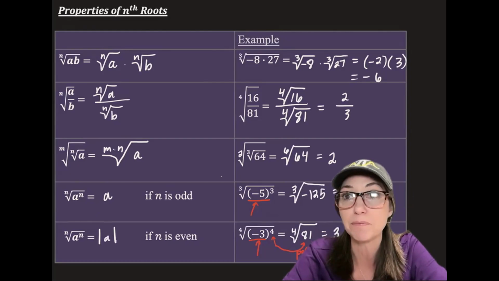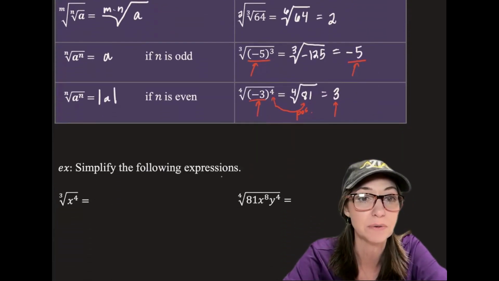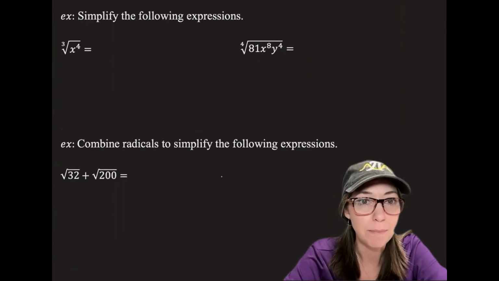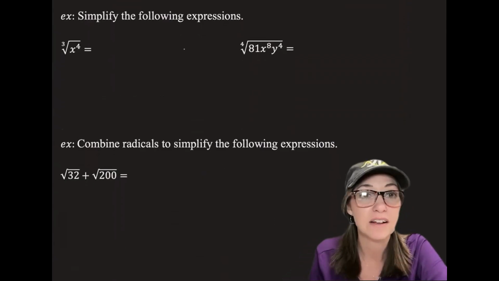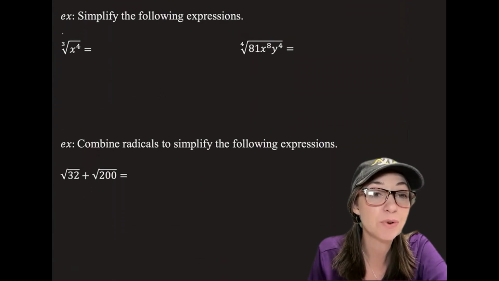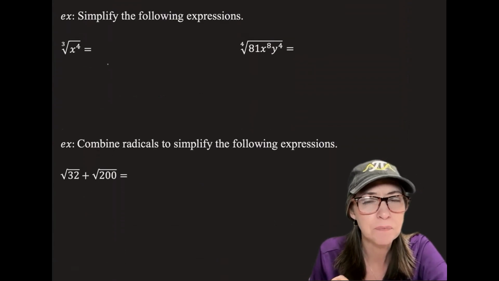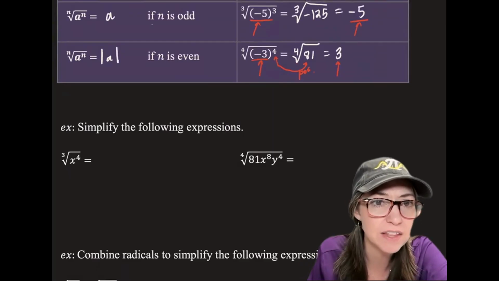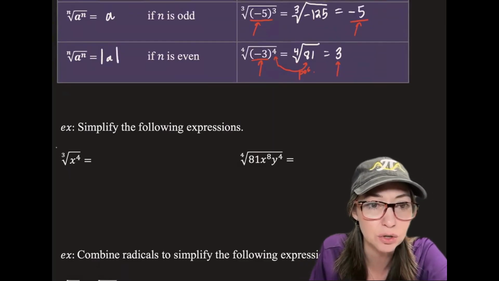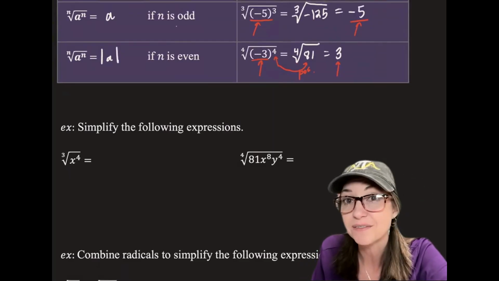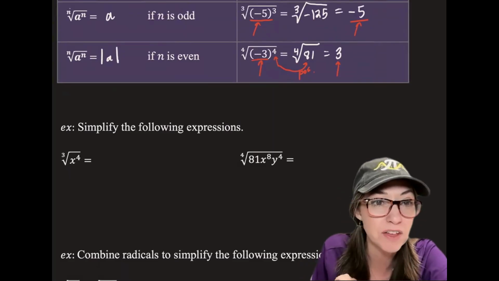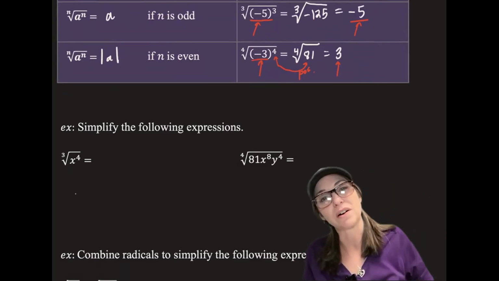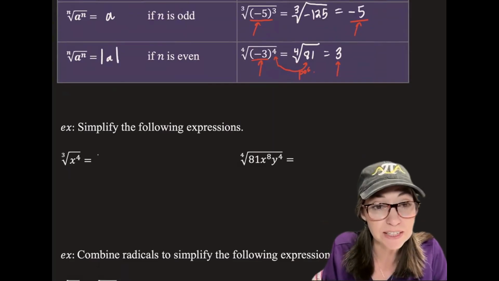Now let's do a little bit of practice in applying those. And I'll just go back up as needed to reference those properties, okay? So we're going to start with these expressions, the cube root of x to the fourth. Well, I want to apply these rules, right? So the index is 3. 3 is odd, okay? So it's pretty straightforward. The nth root and the nth power do cancel, but the problem is the exponent is 4, right? So what we're going to do to simplify this